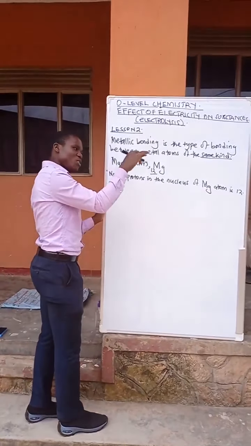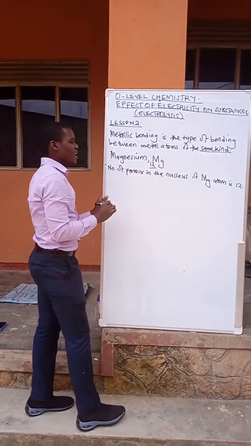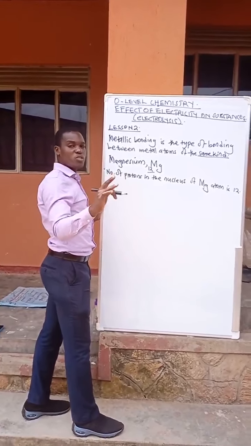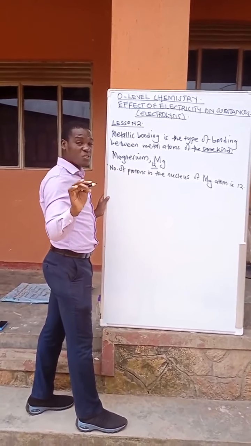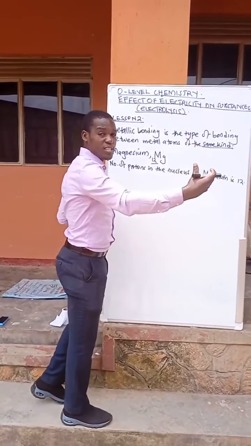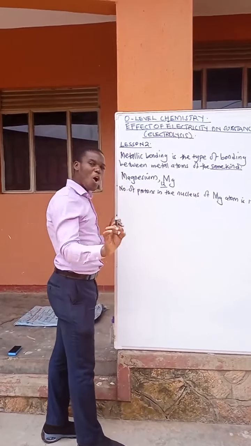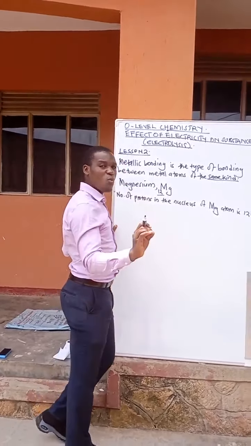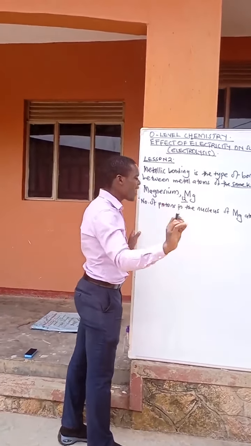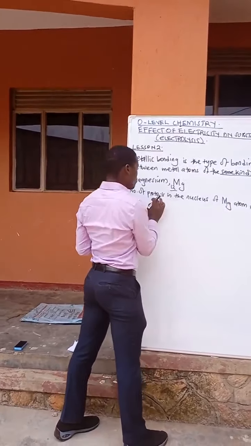Yes, because the atomic number is 12, and atomic number is defined as the number of protons in the nucleus of an atom. But now I'm saying that in an atom, the number of protons is equal to the number of electrons. The moment those two are not equal, then we come up with what we call ions. Cations, positive ions, anions, negative ions. But the moment the number of protons is equal to the number of electrons, then we have what we call an atom, okay? So if the magnesium atom has 12 protons, then how many